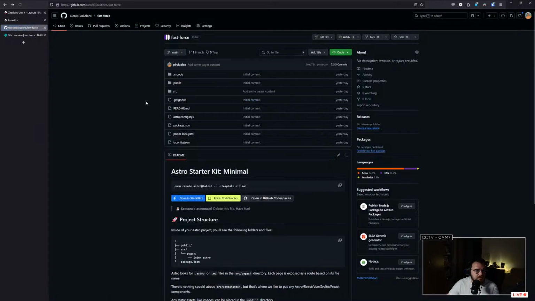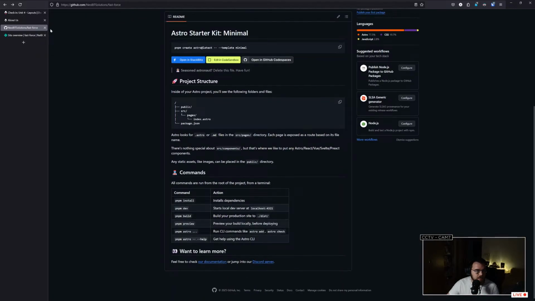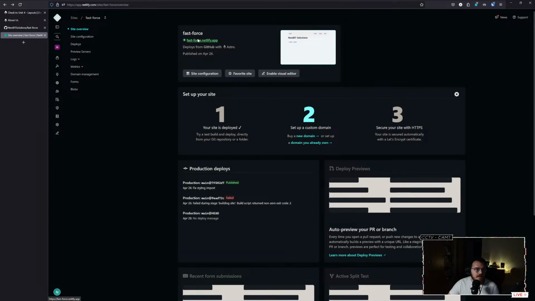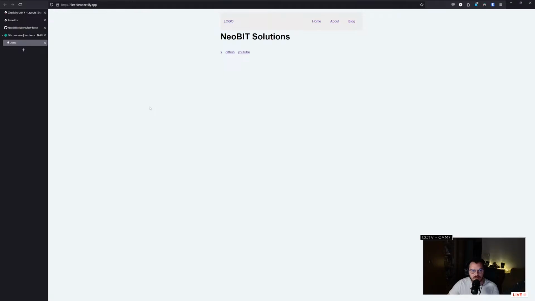Yeah, so yesterday I made it through the fourth section, which I was really looking forward to, the layouts, because I like to reuse as much code as possible, especially because it makes things easier. And we have a working preview here on Netlify. The nice thing about the tutorial was that you already get a working thing that you can deploy, which in the case of Netlify was a fast-forward process, just a couple of clicks to set it up, and you get